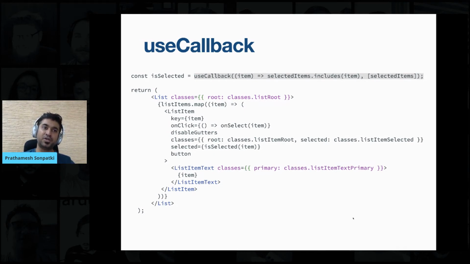There is one more hook called useMemo, which is a sibling of useCallback. Where useCallback is important for wrapping functions, useMemo is useful for wrapping values. So whenever we have some values which are in the shape of arrays or maps, we can use useMemo to make sure that it doesn't frequently change. It helps us in improving performance, as well as making sure that unnecessary re-renders don't happen. So that's how we use this hook for maintaining the sanity in the code base.